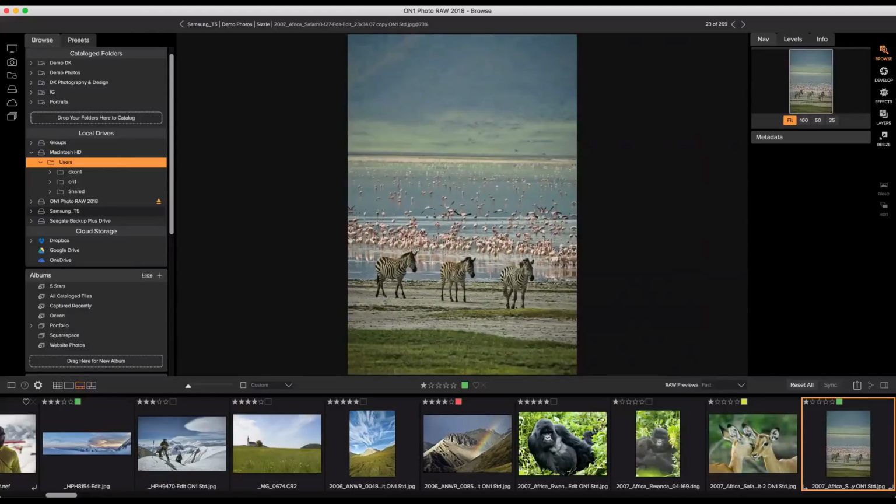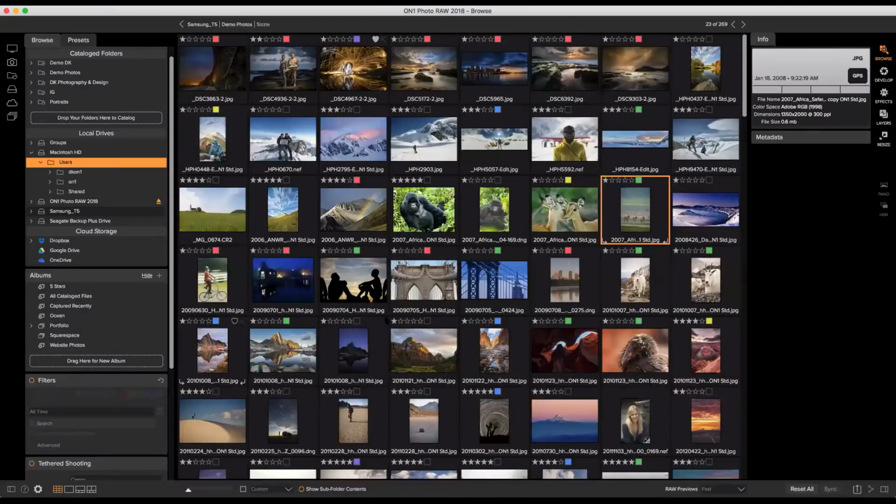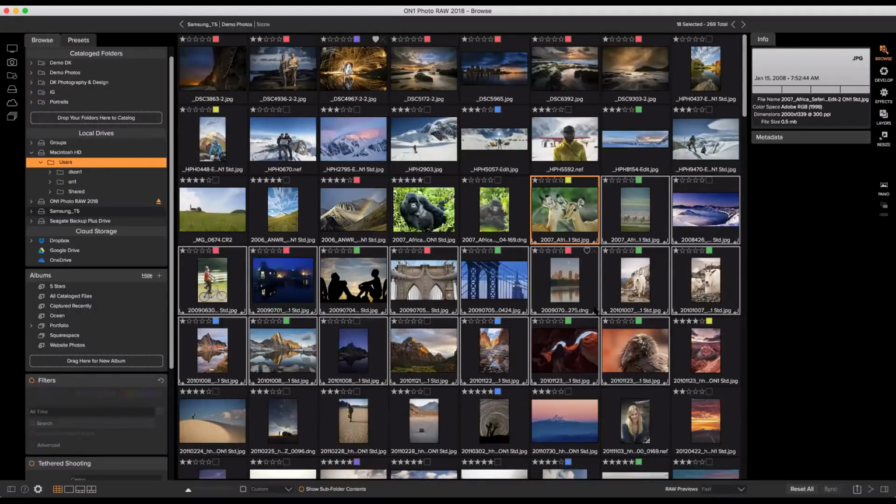organizational properties. Here in my film strip view in Browse, if I hit the G key on my keyboard, it'll take me right back to my grid view. Those of you who were here before the webinar kicked off probably saw me do a quick shift click, and I actually rated a bunch of these photos very quickly with a 1-star rating before this webinar got started. I can do that just by hitting a 4 on my keyboard, or even change the scene with an 8 or a 9 and change that color tag. I can do all of that right here in Browse. So it's a very easy way for you to navigate through, to organize, to find your best